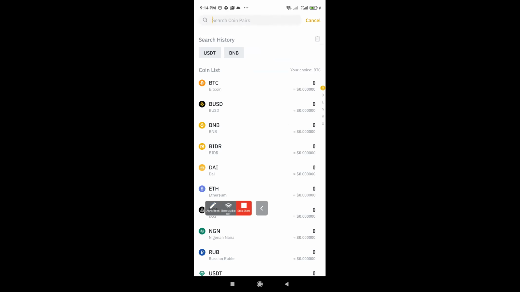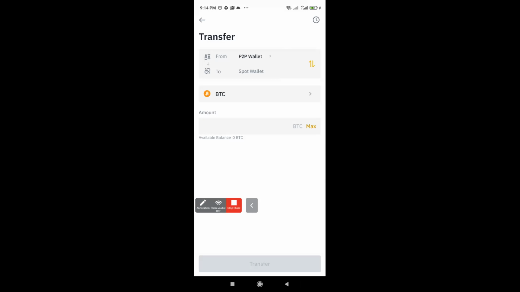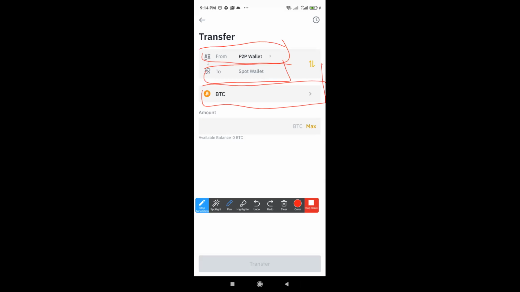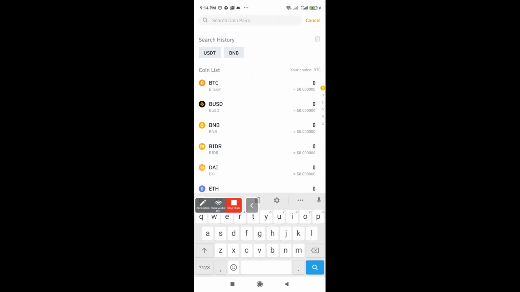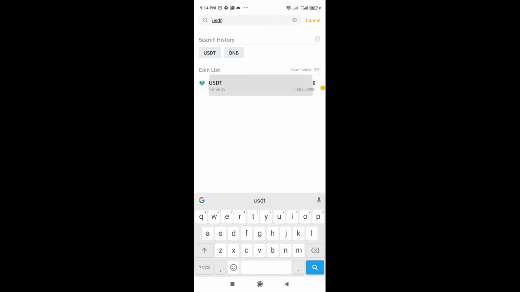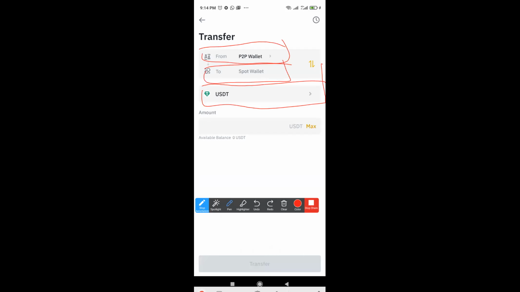You change this BTC to US dollar, because you are not sending BTC, you want to send US dollar. So you click on BTC, then search for US dollar. Usually you see US dollar here, but you can search for it. Click on it, and then type how much you want to transfer to your spot wallet. Or you can just hit this max button to send everything.